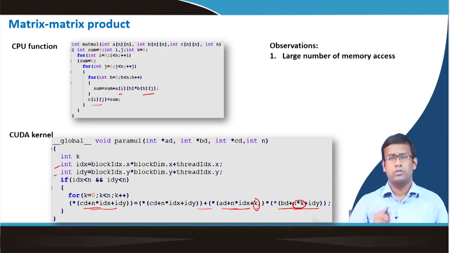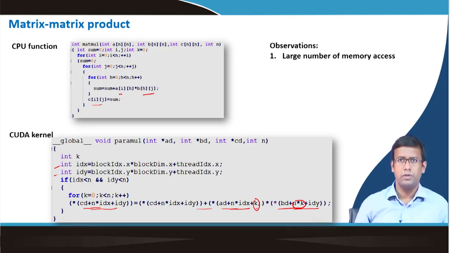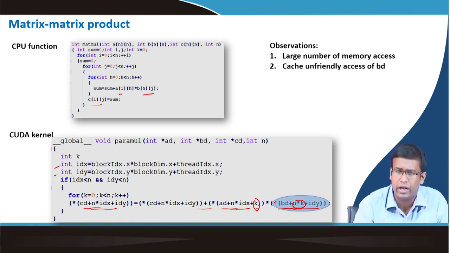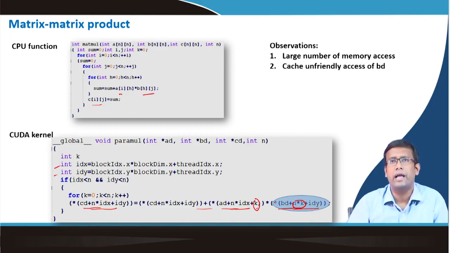So, either we have to store the transpose of B, which is possible, or else there will be a problem. The way we are accessing B is a cache unfriendly access pattern,